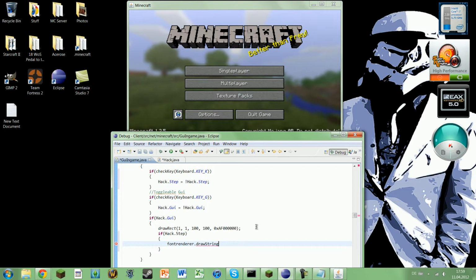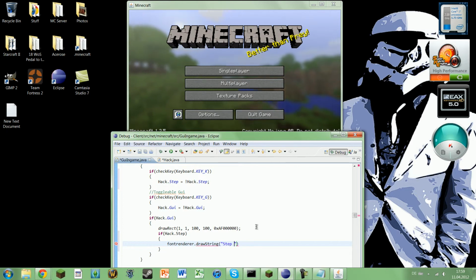You can do it with shadow or without, and it won't give you an error, because before in 1.2.4 the MCP creator was stupid and made it like function A or something. Just gonna type step on. Actually no, step. He made it like function underscore whatever, but so we're gonna do step